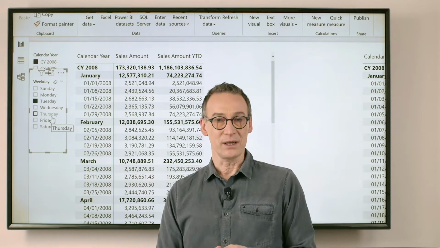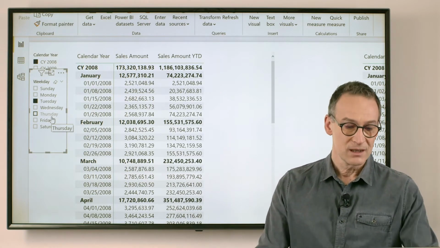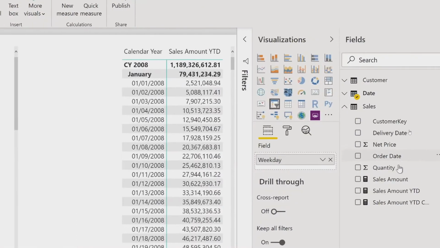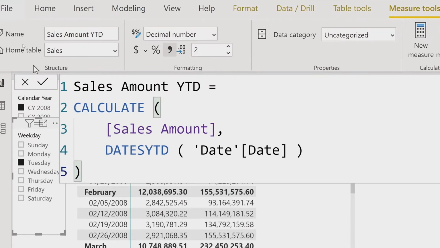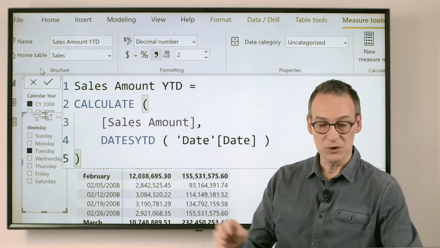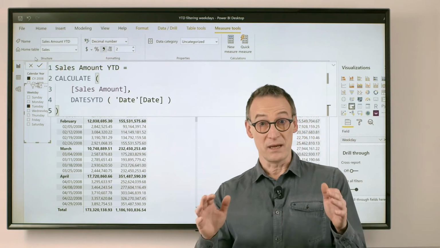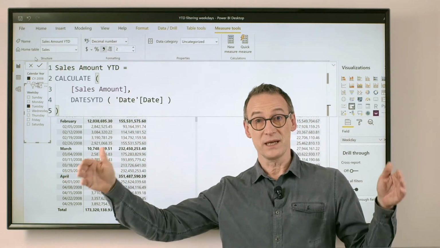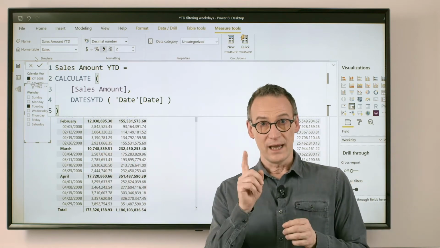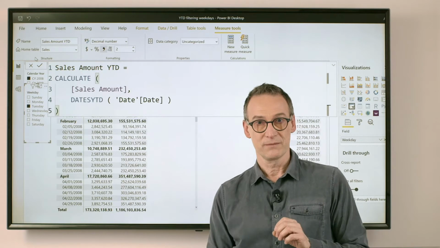Why is this happening? That's a specific behavior of time intelligence functions. Let's look back at how my measure is defined. My sales amount year-to-date applies a filter using DATESYTD over date. Now, DATESYTD returns a table containing all the dates from the 1st of January to the last visible date in the current filter context. And that filter will work on the date column in the date table.